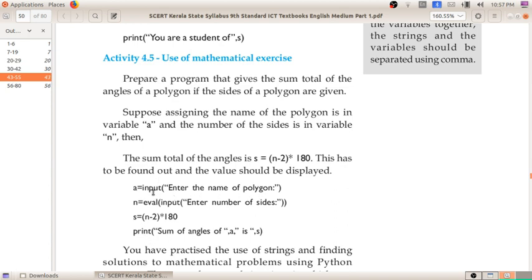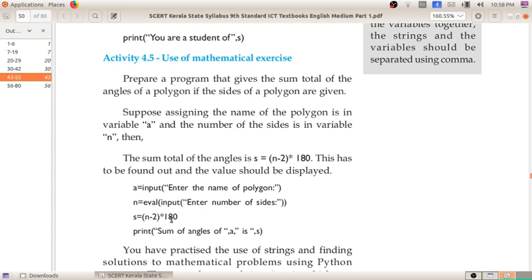After writing this program and running the module, the computer will ask enter the name of polygon, because this statement is assigned to the variable A. Next, the number of sides is in variable N. As the number of sides will be in numerical form, for example 3 for a triangle, we use eval of input here.